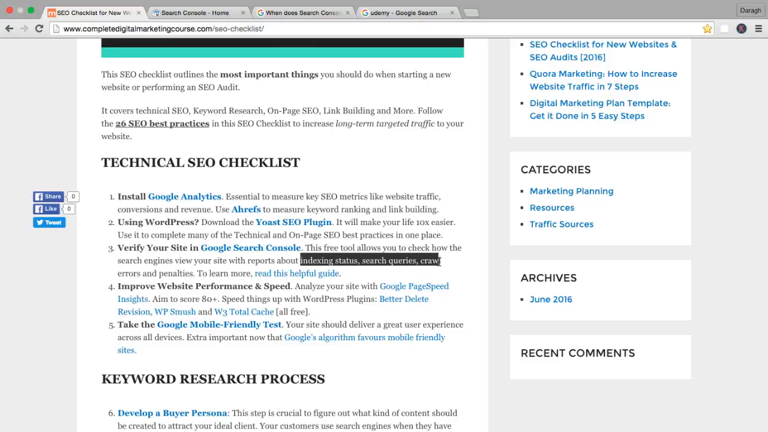So that's it. Verifying your site in Google Search Console is very simple. The next thing we're going to do is really look